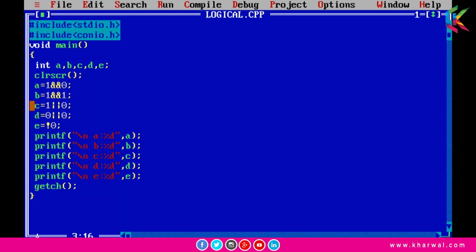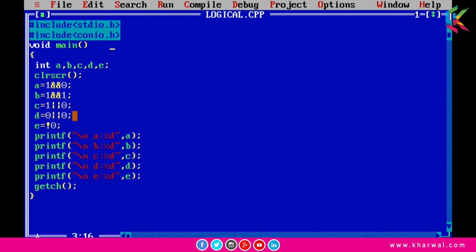The value of C will be 1 because 1 logical OR 0 will be 1. The value of D will be 0 because 0 logical OR 0 will be 0. And at the end, the value of E will be 1 because logical NOT 0 will convert the value 0 to 1. So the value of E will be 1.